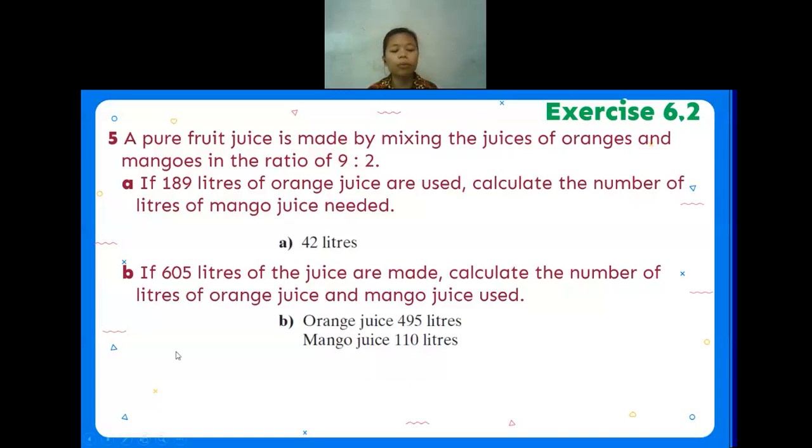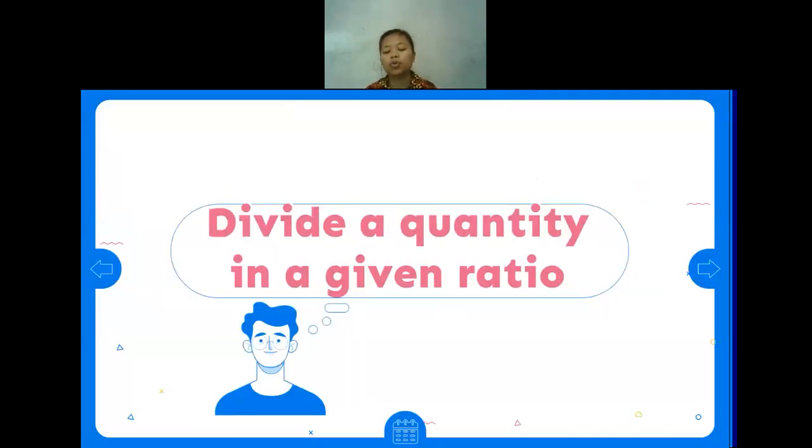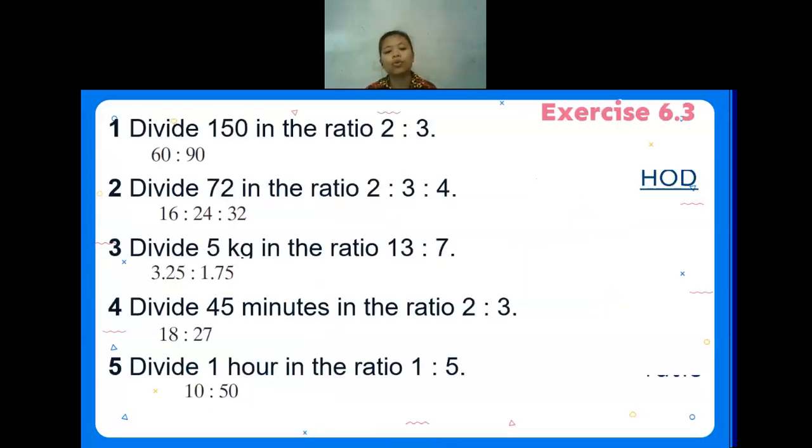I will move to page 53 for exercise 6.3. Exercise 6.3 is supposed to be your homework. So here, I will just show you the answer. Later, you can check your own answer, or maybe now you can check it. If you have a different answer, please let me know which number we need to discuss, because only 5 or 10 students submitted the homework to me, so I cannot